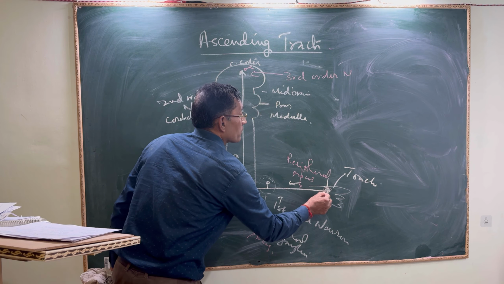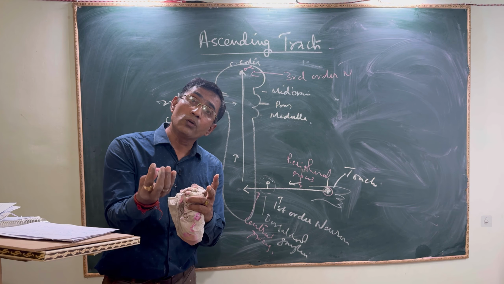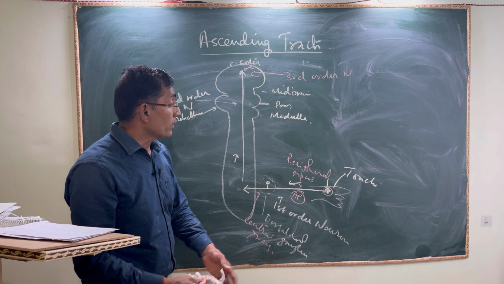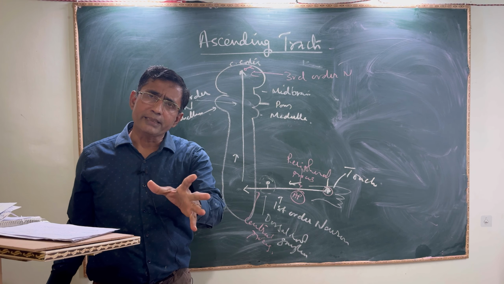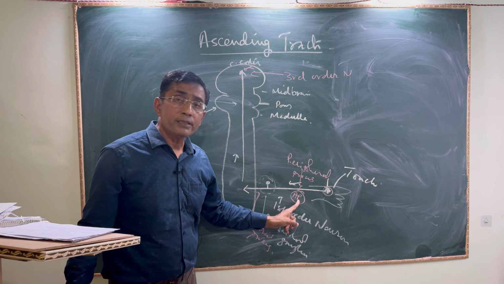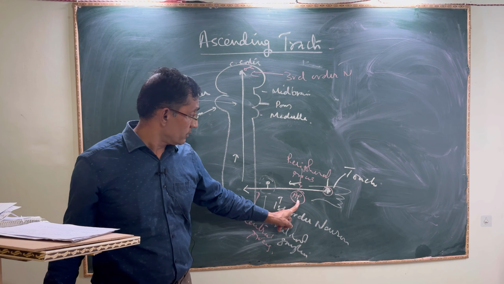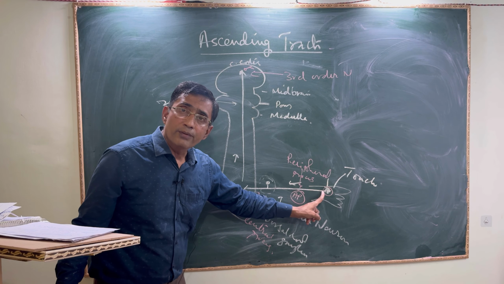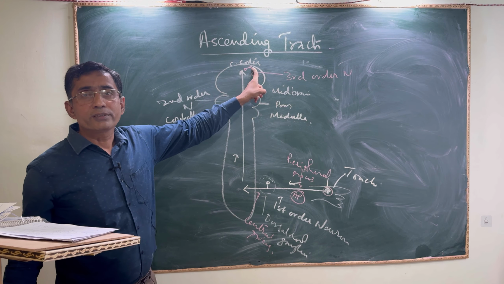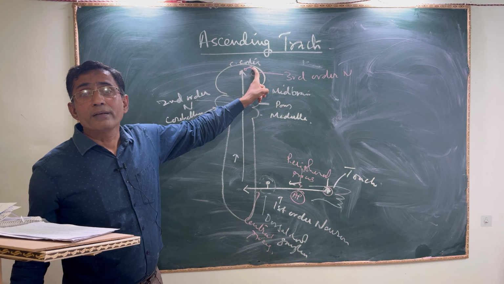Ascending tract. Now, what is the function of this receptor? Light energy or any type of energy, maybe sound energy, maybe mechanical energy, is converted to electrochemical energy. We call it action potential. This action potential is generated here and travels, and ultimately reaches the particular sensory area of the cerebral cortex, and as a result we have the sensation of